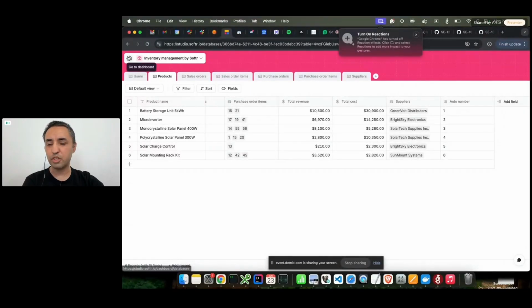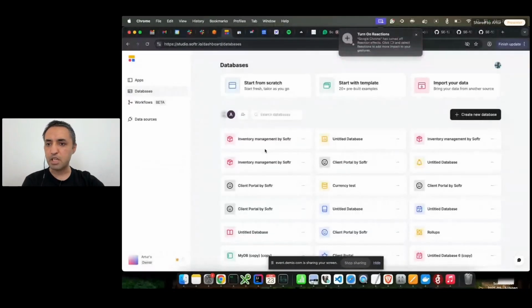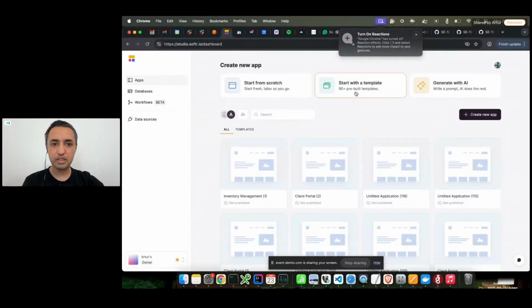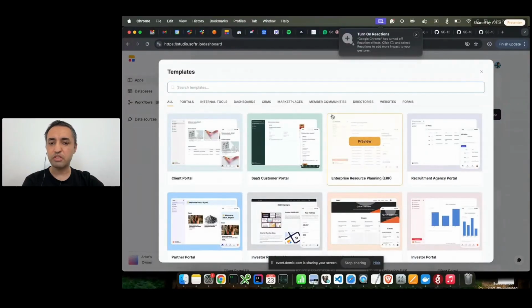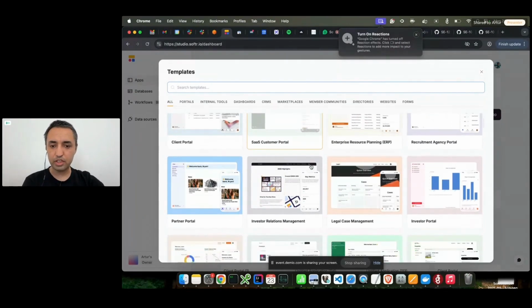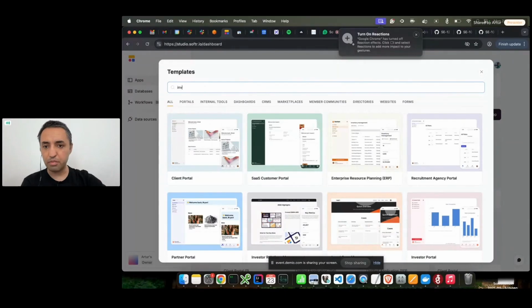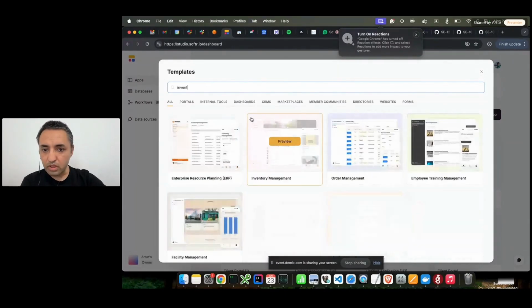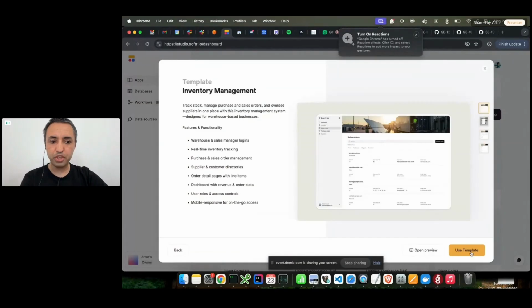I'm going to create a quick app as well, and hopefully quickly show how fast it is. So let's go into apps, and let's start with the template. Those 20 templates that you have seen for databases, we also migrated the applications that we have here. Before they were Airtable-based templates. Now they are Softr Database-based templates. If I go here and find the inventory management one, I preview it here, and then I use the template. So I'm now cloning it for me.